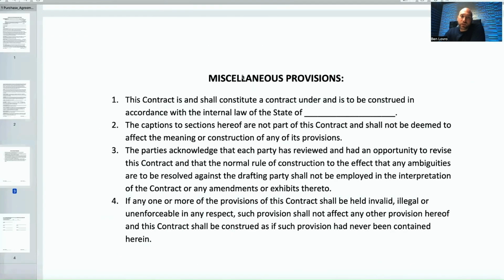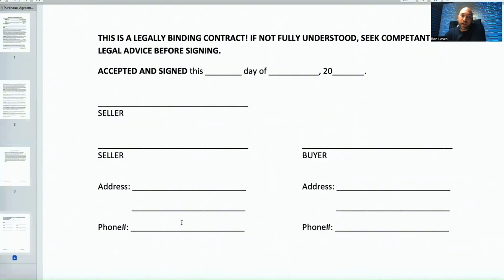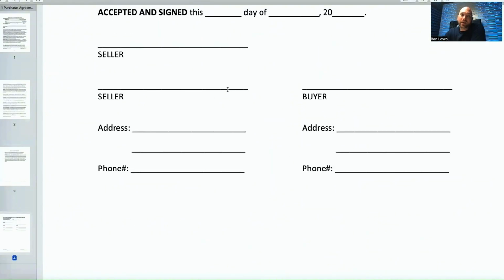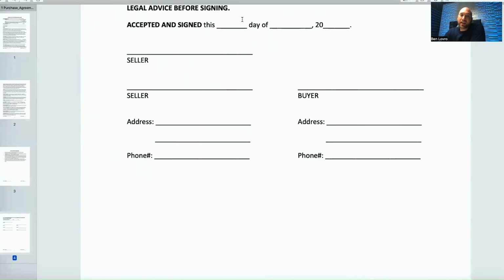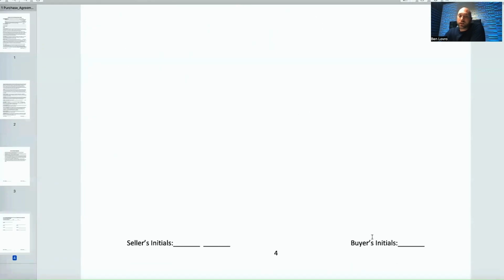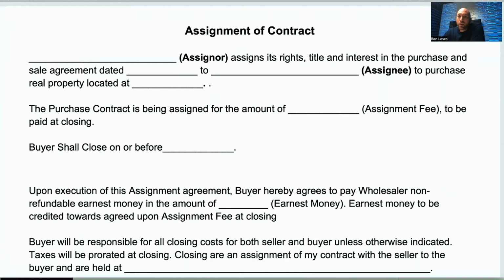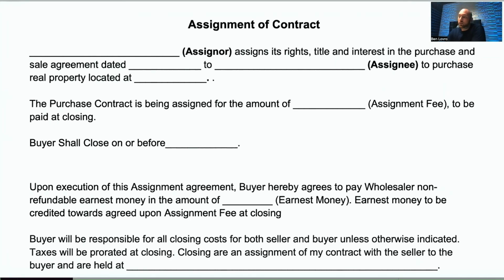and then that brings us to the bottom of the purchase and sale agreement, where we get a signature, address, telephone number, we sign it, make sure that we stamp the date that contract is executed, we send that off to the attorney, open up escrow, right? On the flip side of this, assignment of contract, that first agreement that we went over